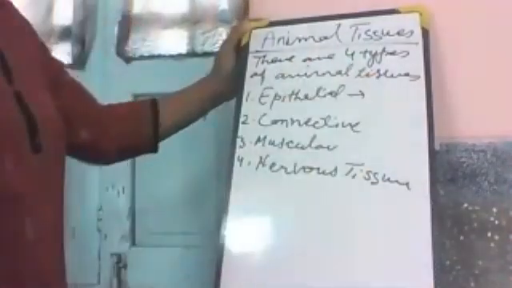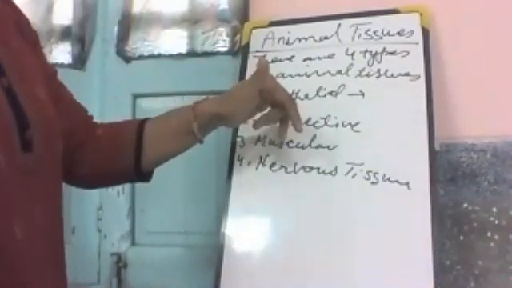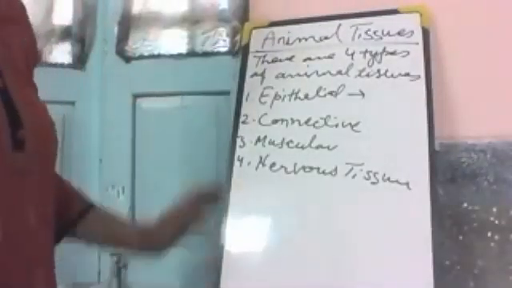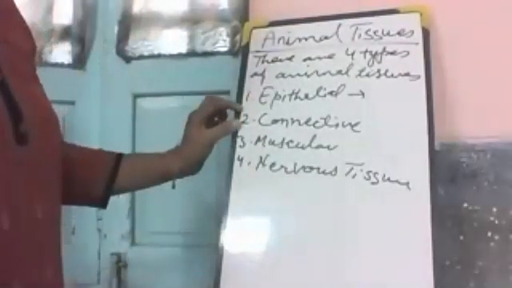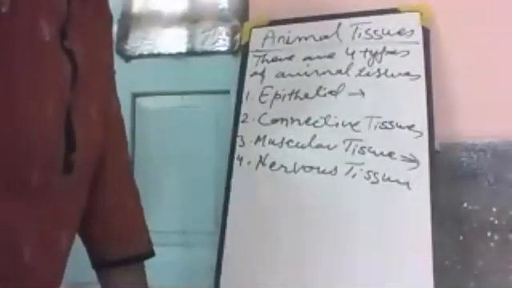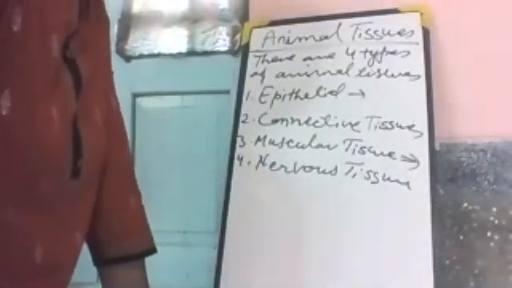The first layer of the whole body, the first layer of cells, is generally made up of epithelial tissue, and again it is divided into four types. The connective tissue connects one tissue to the other tissue. The function of this tissue is to connect other tissue or cells, and it is known as connective tissue. Then the